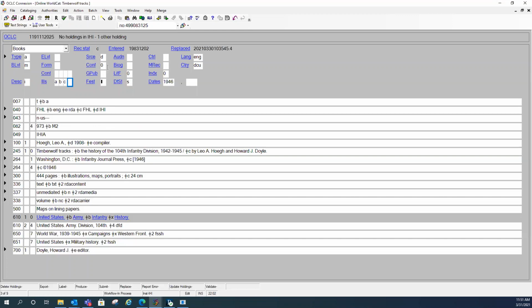Festschrift is just like conference or index. It's either a 0 if it's not a Festschrift or a 1 if it is, and this is not. I don't think I've ever actually cataloged a Festschrift, so that's almost always a 0. And then